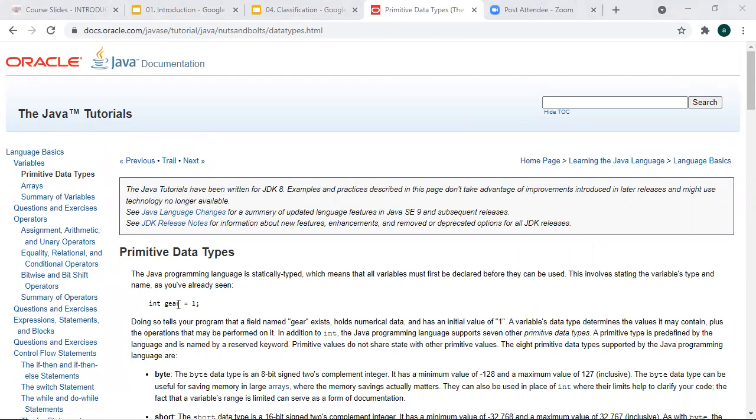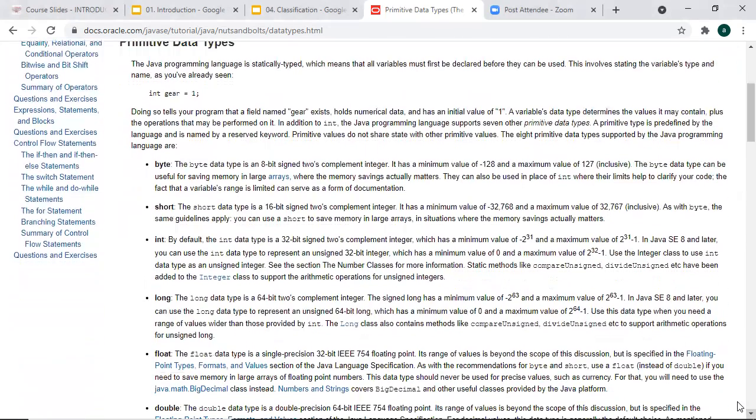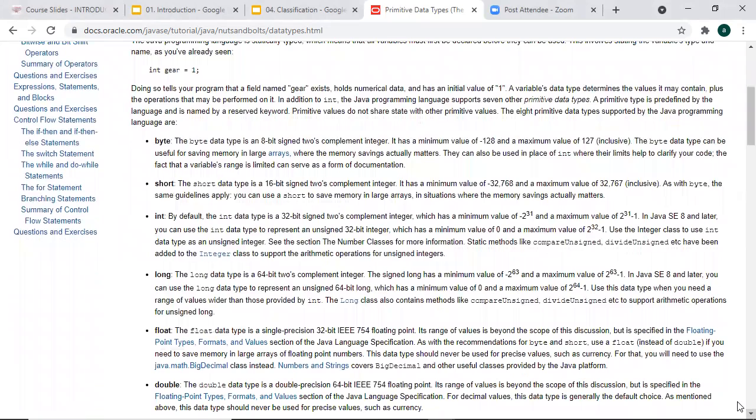If I ask you, gear is a variable holding the value 1, and what is the type of value? Integer. Integer means it will not be like 1.2 or 1.3. It will be an integer, not a float. So there are various data types available.